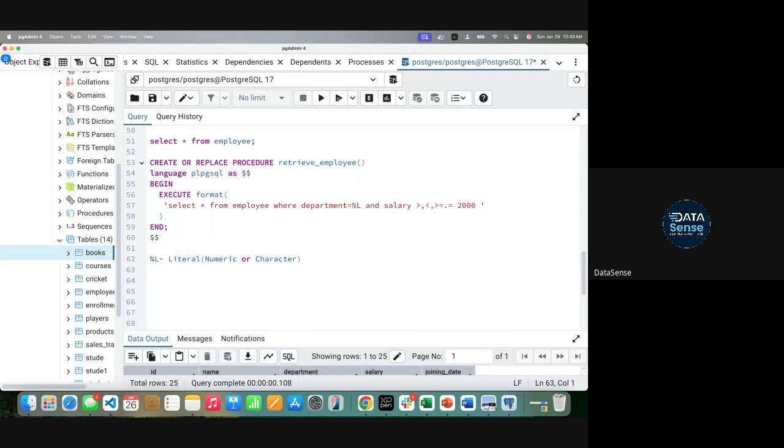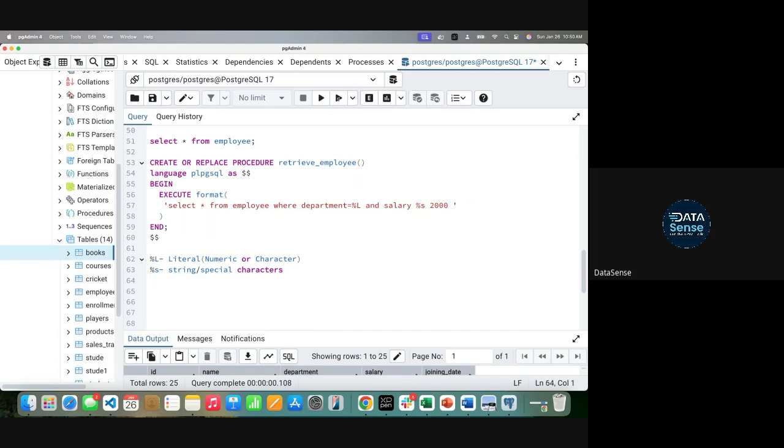Okay, second is percentage S. S means string or special characters. Sometimes it's used for special characters as well. This part which you see is a special character. Because you don't know which thing is coming, you will replace this by percentage S. Percentage S means it will be replaced with some string characters.